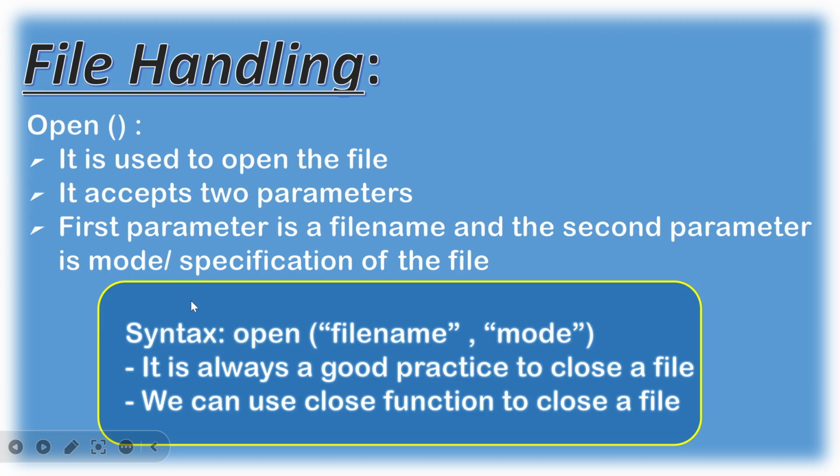Let's see the syntax in the diagram. The syntax is the open function, and within the brackets we have to mention the file name, or you can say file path, comma,